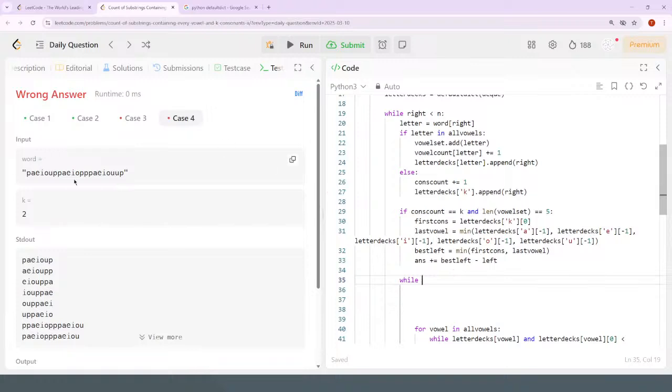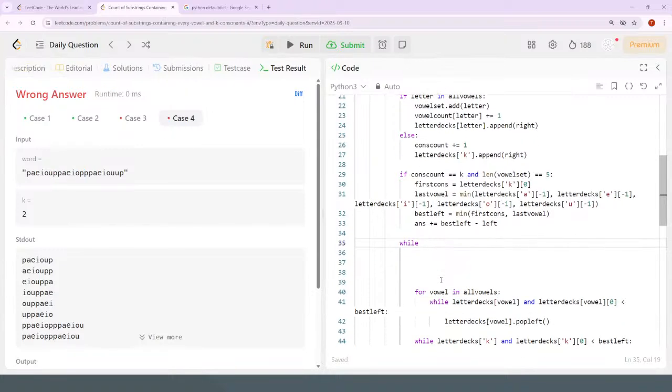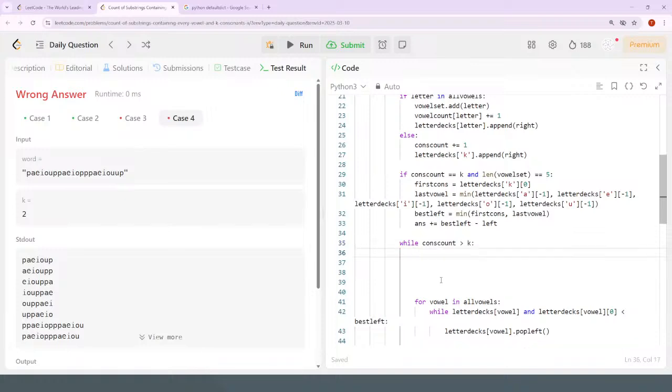Because if I reach a point where I add like this extra P, then there's no window that works like that, so I need to close down the left side until there's one less P. Yeah, so while the consonant count is greater than K, then